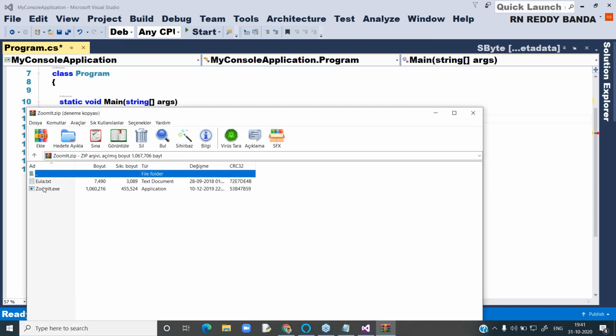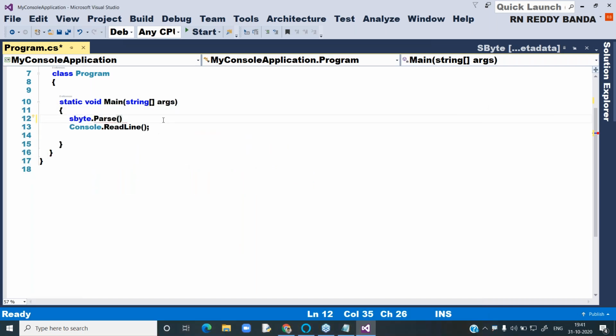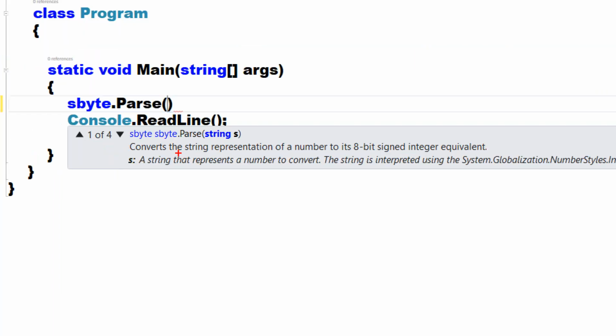A string parameter. The parameter type is string.